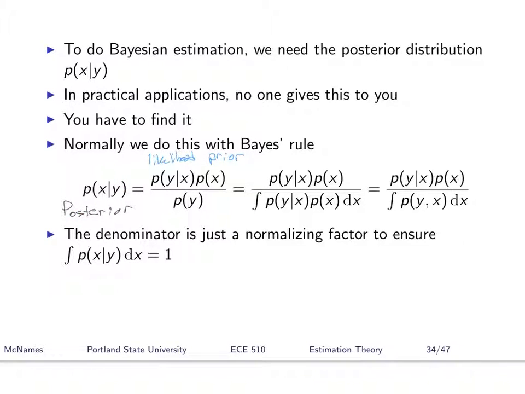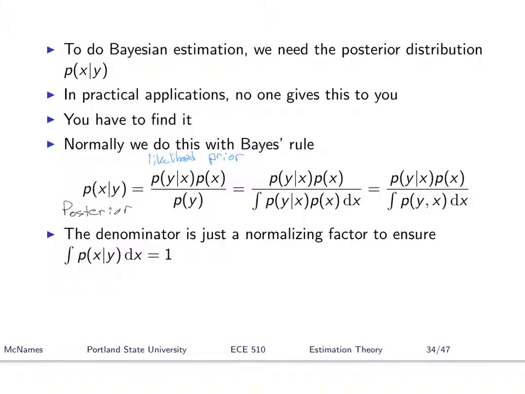As long as we have a function or some representation that is proportional to this probability, it's going to be sufficient for our purposes, for estimating a mean or modes or whatever we want to do with it. But that's why this bottom term doesn't have a common name that is used. But you will hear me throughout this class talk about the posterior probability, the likelihood, and the prior.